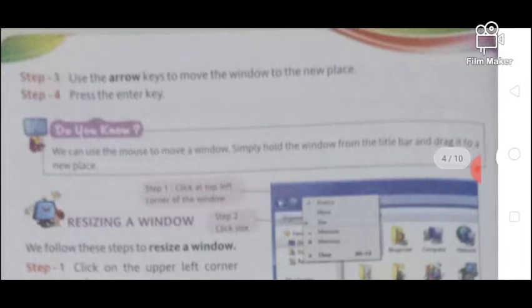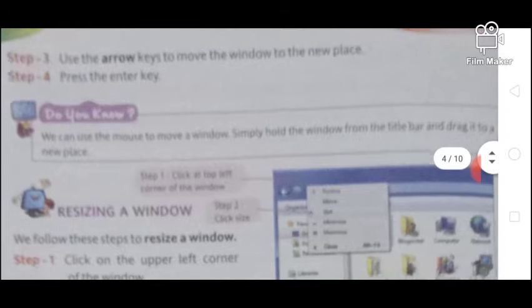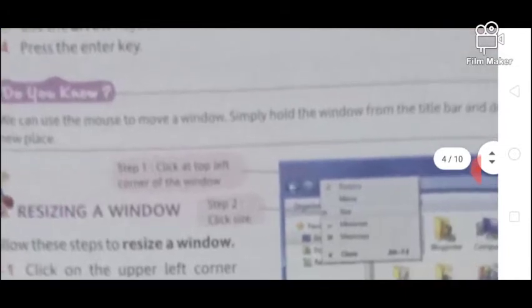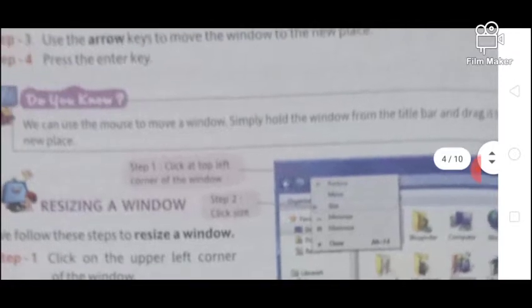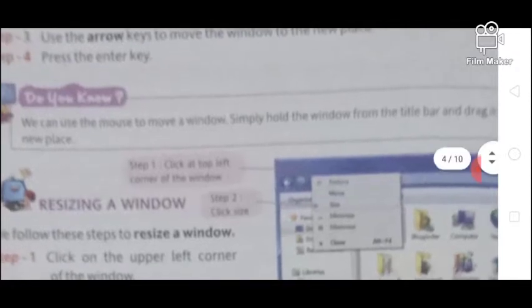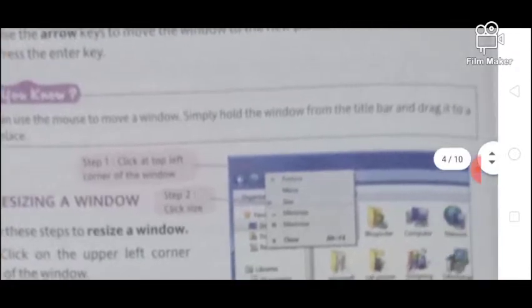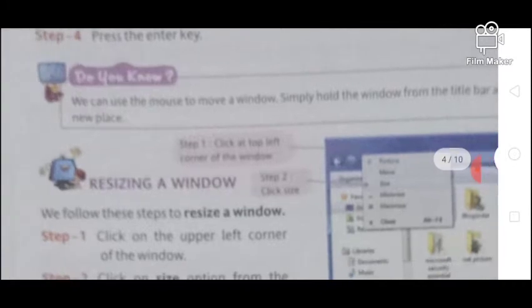Step 3, use the arrow key to move the window to a new place. Step 4, press the enter key. We can use the mouse to move a window. Simply hold the window from the title bar and drag it to a new place.